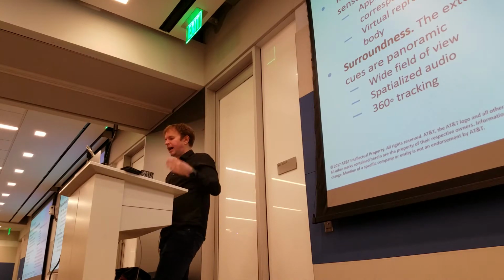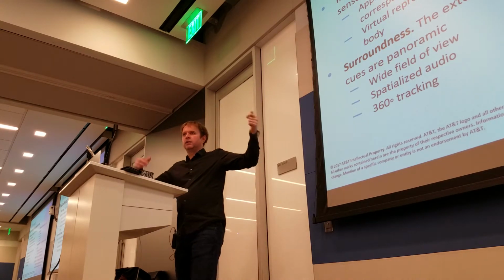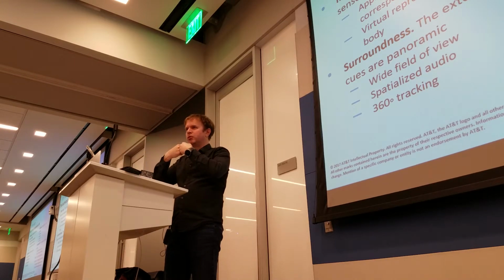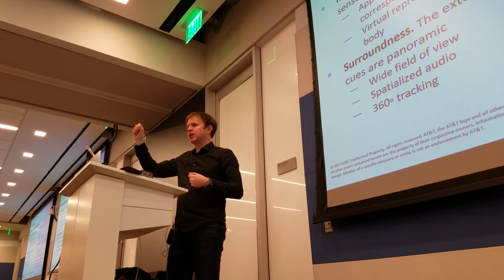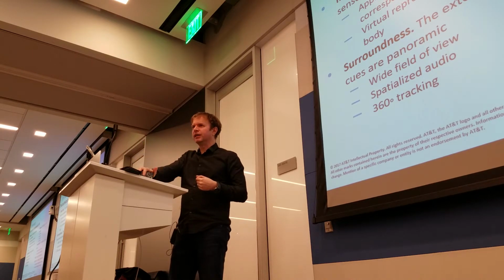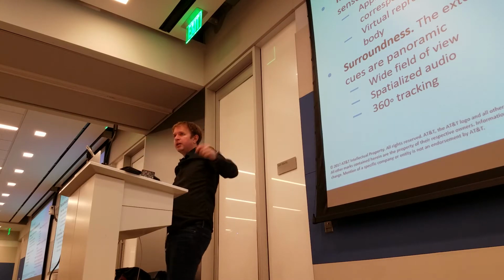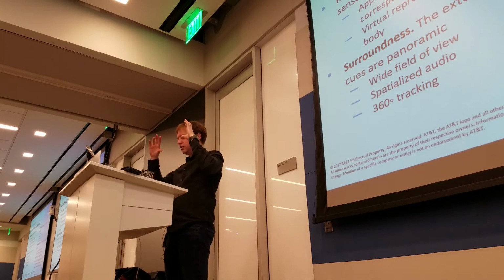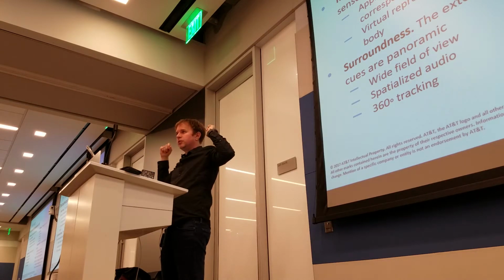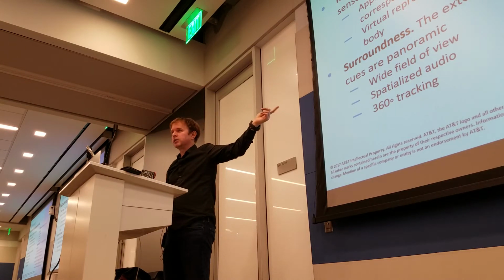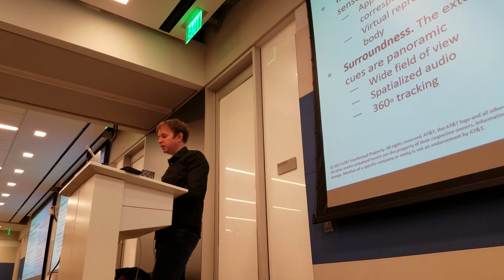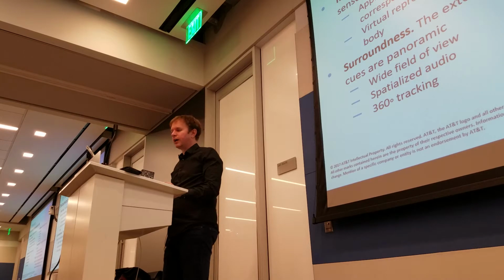And so examples of that are things like, I talked about the synchronization between the different sensory modalities, right? If what I'm seeing isn't in sync in position and in time with what I'm feeling, then it's going to be off, right? So that would be low on the matching end of immersion. Surroundness is, am I completely surrounded by information? Can I turn around, do I have that 360-degree tracking? Head-mounted displays are really good at this. Other forms of reality, maybe not as much immersion. And then vividness. What I mean by that is things like the resolution or the lighting on the scene, the audio bit rate, right? How clear is that audio?